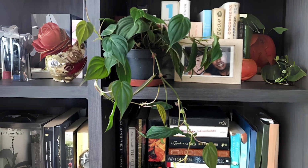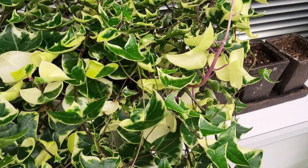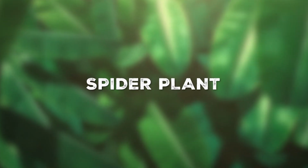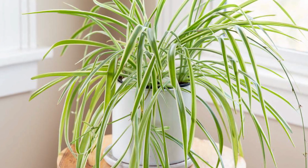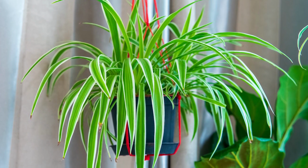perfect for hanging baskets. With its emerald green leaves and trailing growth, Natal Ivy is an easy way to bring lushness to your indoor space. Keep an eye out for the spider plant, known for its arching green and white striped leaves. Not only is it a speedy grower, but you can also propagate it quickly for a mini ecosystem of its